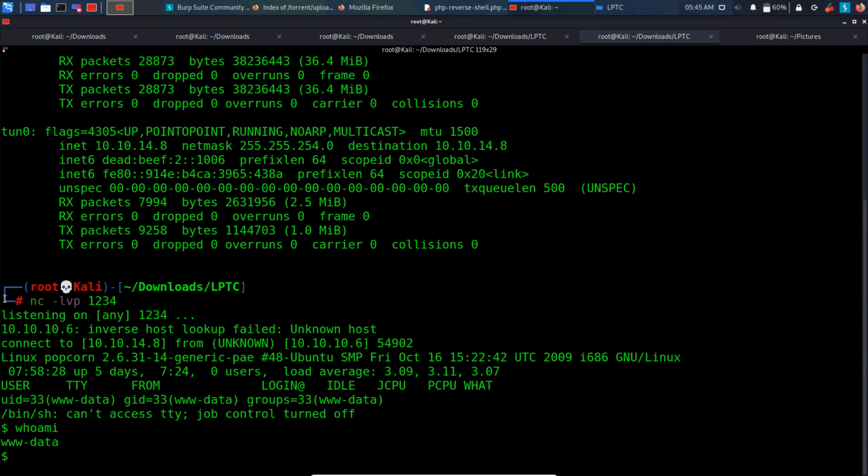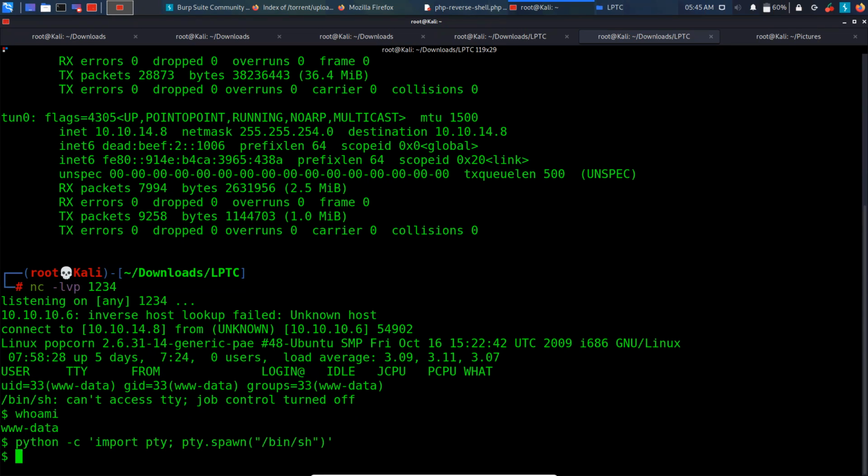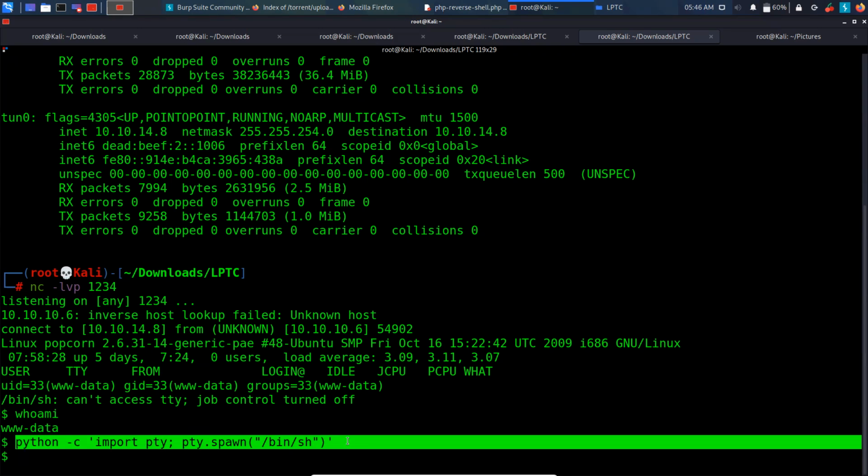One thing to do whenever you get a reverse shell is to upgrade it. To upgrade it, it's very easy. We just go to Google and type Python TTY. It's very common. Spawning a TTY reverse shell basically means that we will make it a little bit more interactive. So we can just copy this one and paste it over here. That's it, nothing else. We won't be able to see anything back for sure, but it has made our shell a little bit more stable. So this is very nice stuff which we need to do every time.